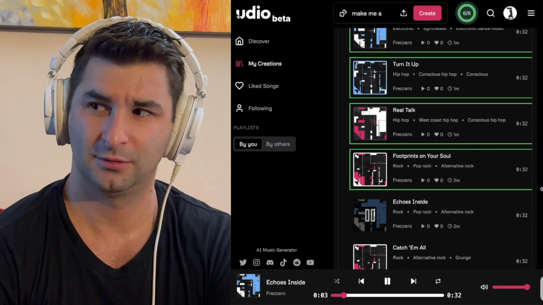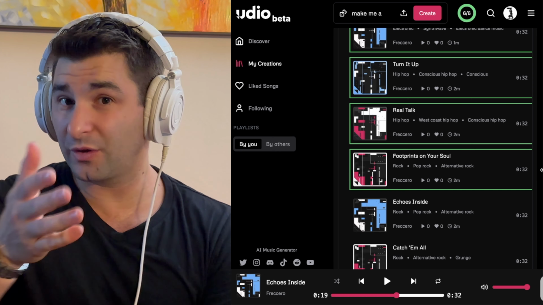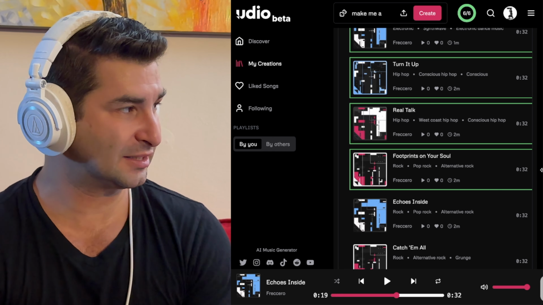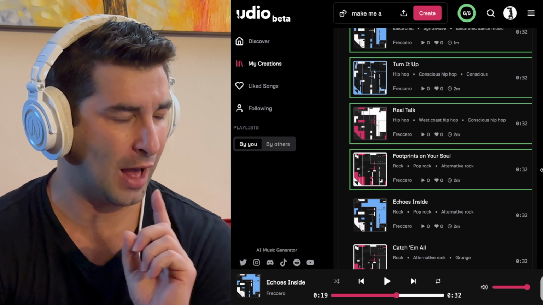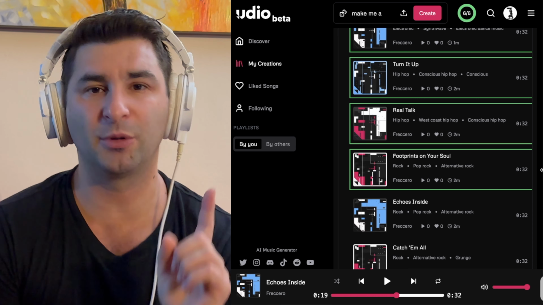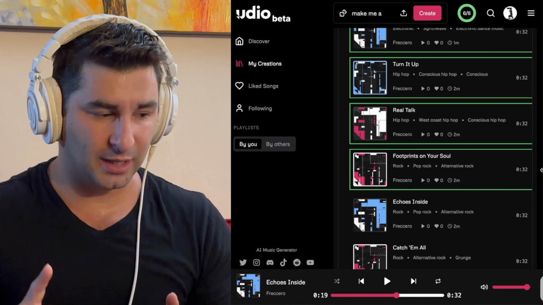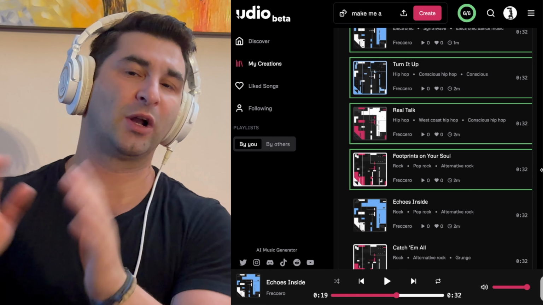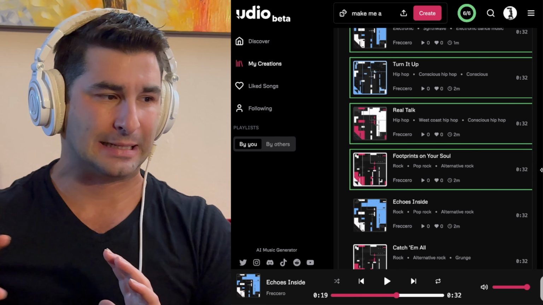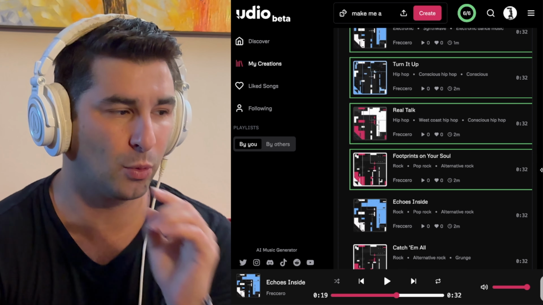So far, I think Udio has the upper edge on this one. I feel like that doesn't sound as muffled. And again, let me know anything in the comments if you agree or disagree with me. I think this just sounds cleaner overall. However, I think if someone showed me these two, I'm going to be honest, and said which one do you think sounds more like an AI music generator, I would say Udio though.